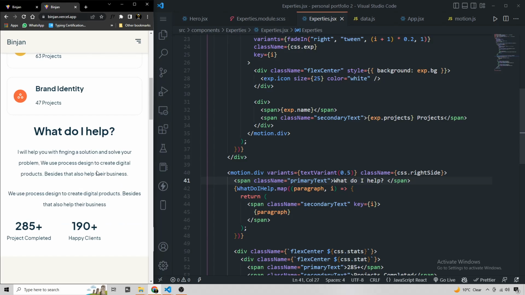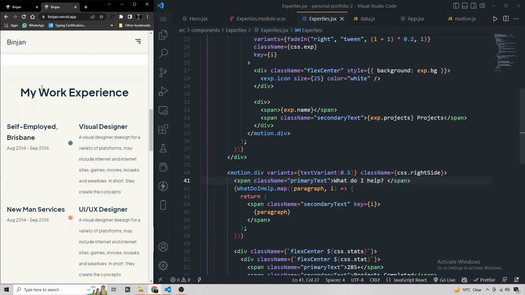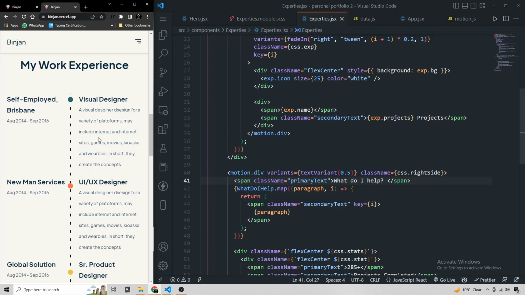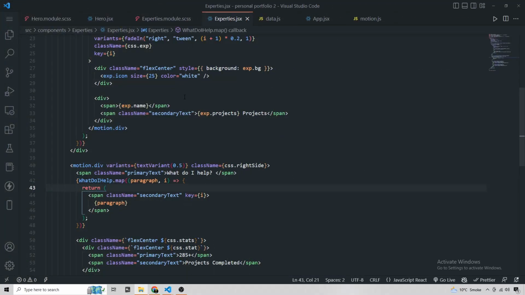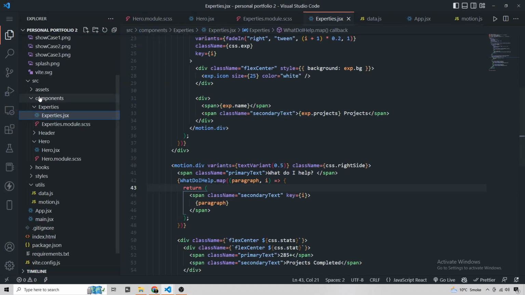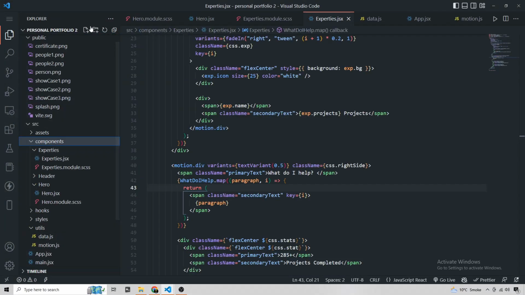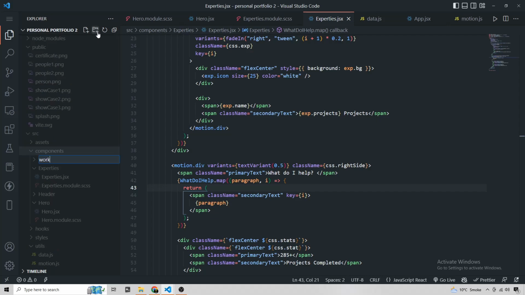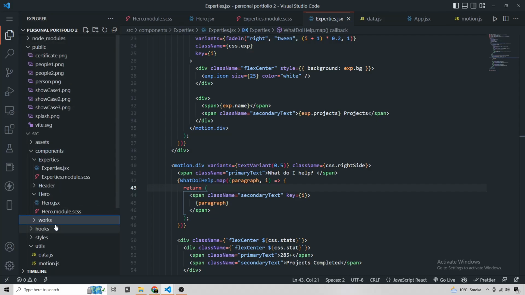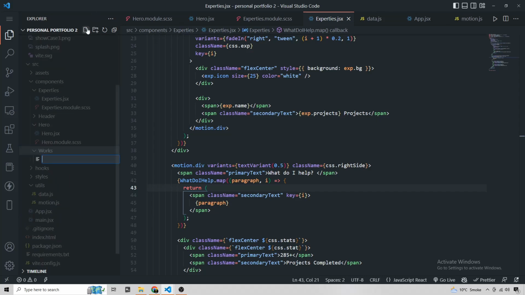Our next target is to complete this section, which is the experience with the different roles at the different places. It's very interesting to build. So let's start this. For the next section, I am going to make a new folder inside the components. So inside the components, make a folder with the name Works, and let's make it with a capital letter. Inside Works, I am making two files,